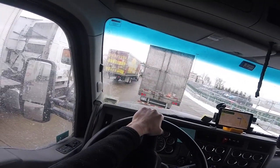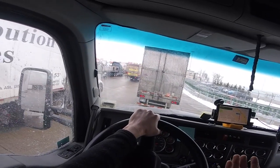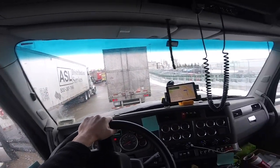So that one is only good for a single axle Jeep. I don't know why they do it. 55 ton, that's 110,000 pounds. Like this load is 105, right? So